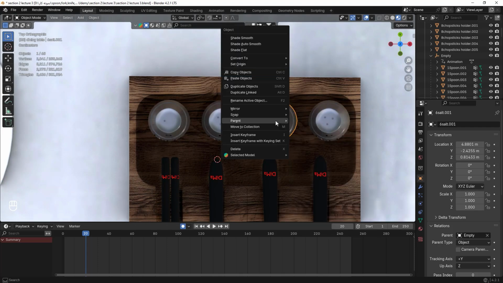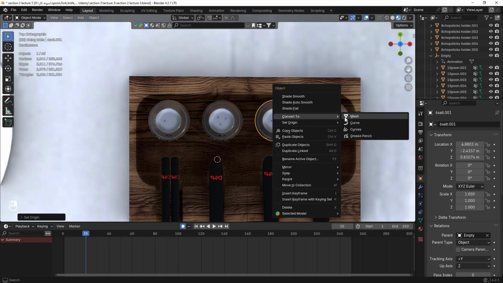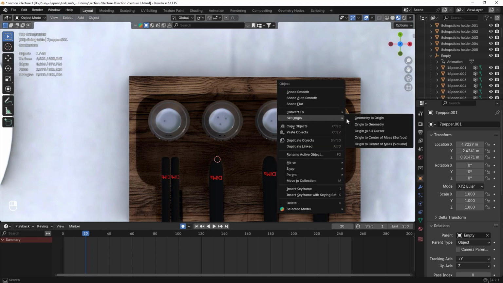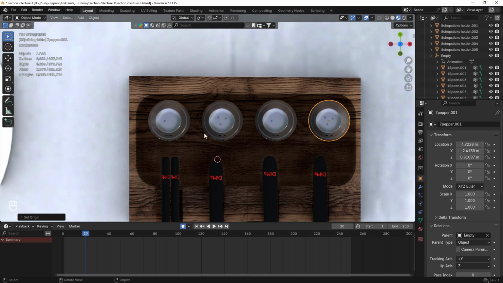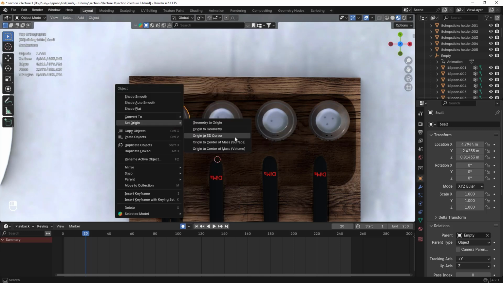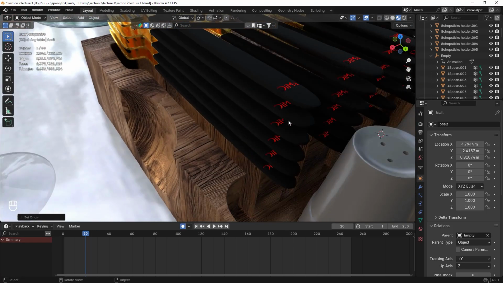Therefore, by selecting salt and peppers and right clicking from the origin part, we set it to origin to center of mass, and for chopsticks, spoons, forks and knives, we want to place the origin at the end of these objects,